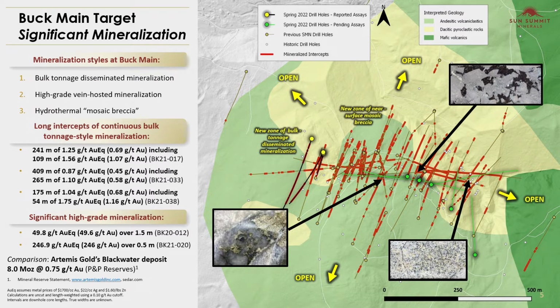We're using the Blackwater Gold Project as our geologic analog, which is located about 150 kilometers to the southeast of Buck. Their proven and probable reserves are 0.8 million ounces at 0.75 gram per ton gold. So again, these are bulk tonnage grades. However, we're seeing very similar grades, if not better grades at Buck, keeping in mind as well that Buck is